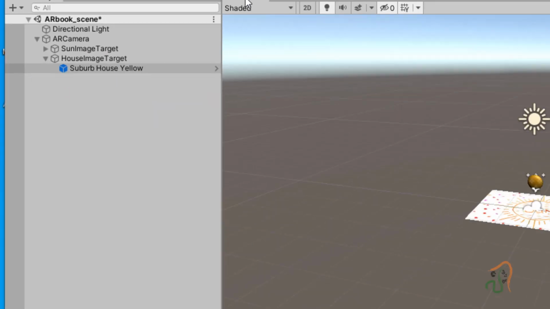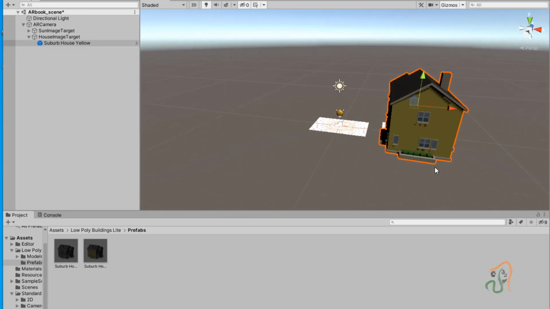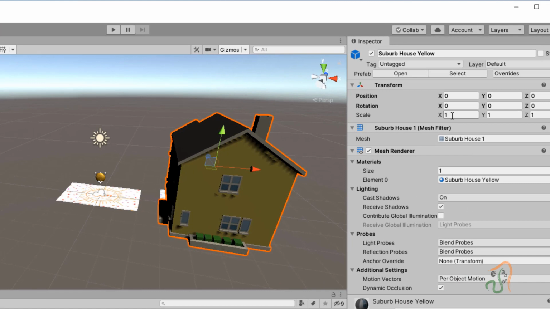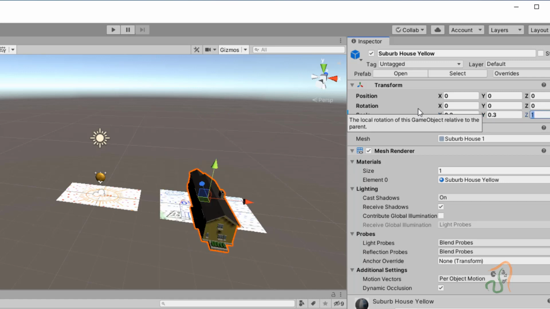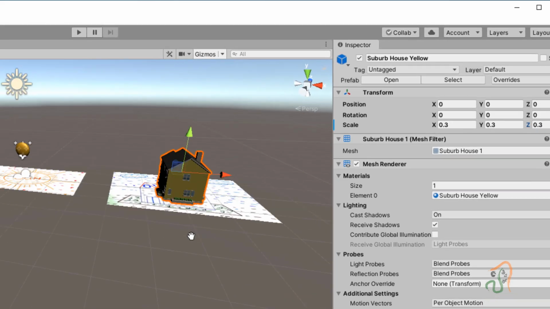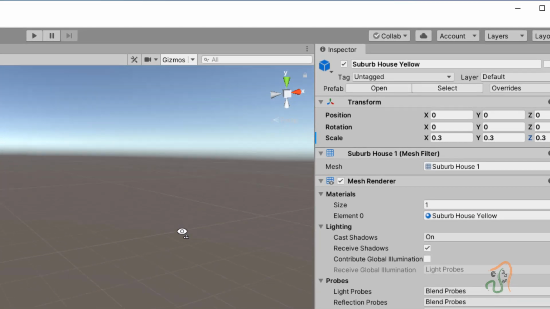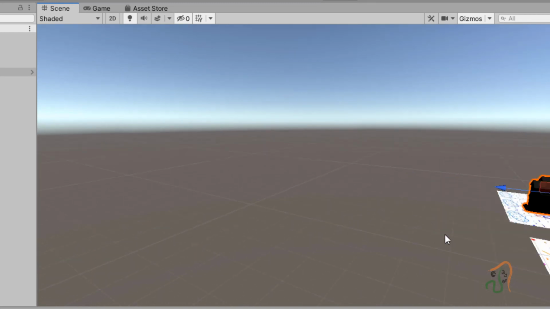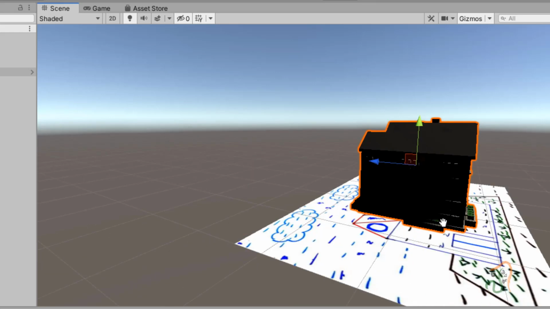Now if you come back to the scene, you can see this model has been added. The next thing is, this model is too big. Now come to the inspector window over here, and let us set its size to around 0.3, 0.3 and 0.3. So we have made the size smaller. If we right click and rotate and see, we have the model added over here. So the model is present here.